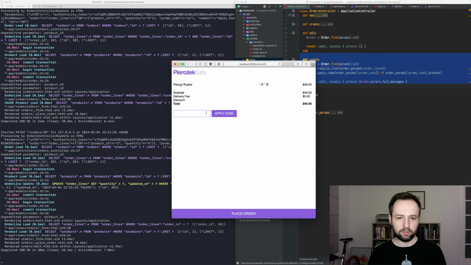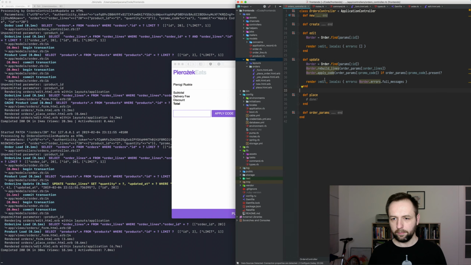Let's focus on one of these tasks, that is applying a code, and see if we could extract it. How far can we go? If we reach the end state of having a command, we already know how to proceed with commands on a backend side. So to begin with,